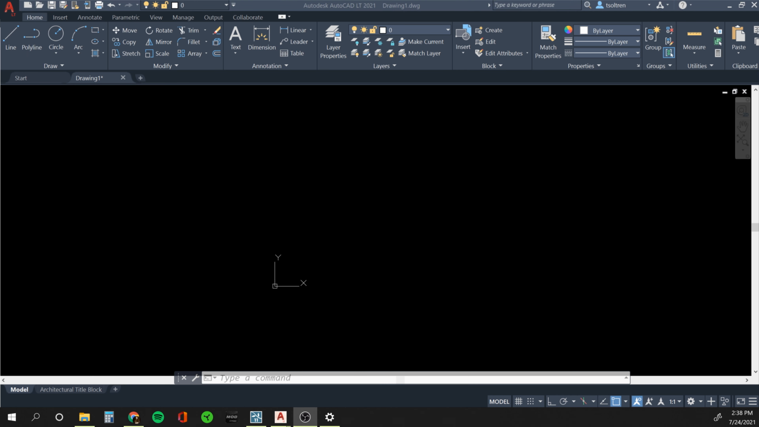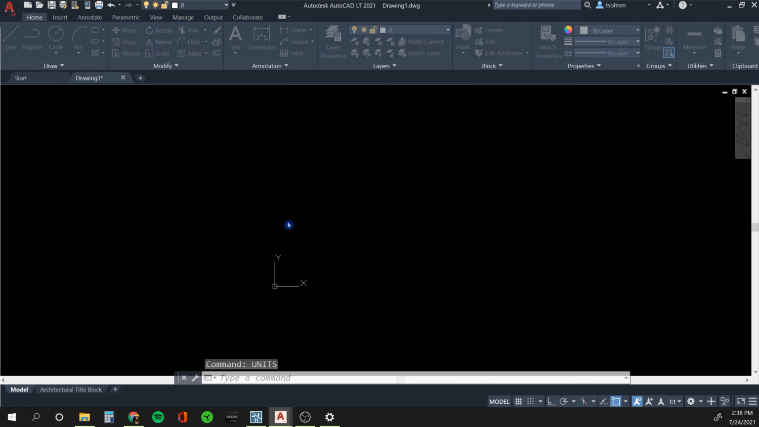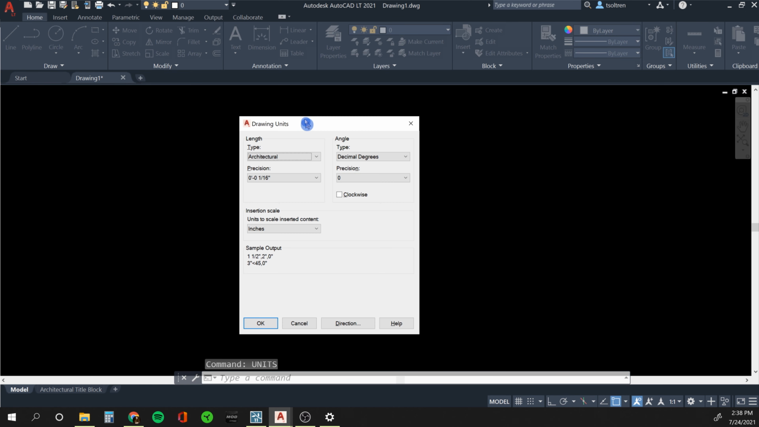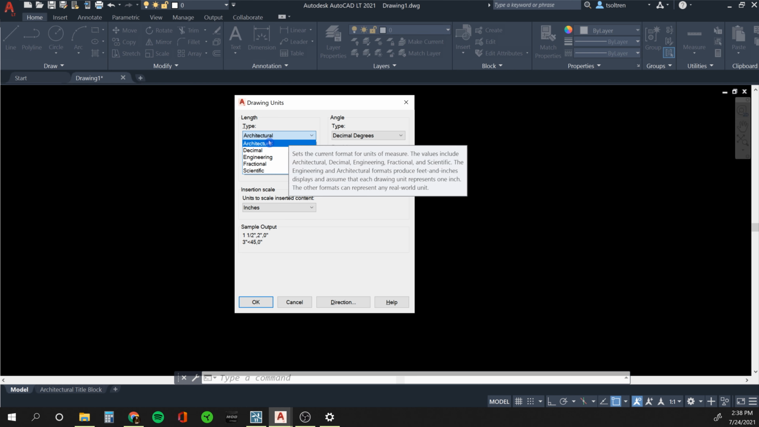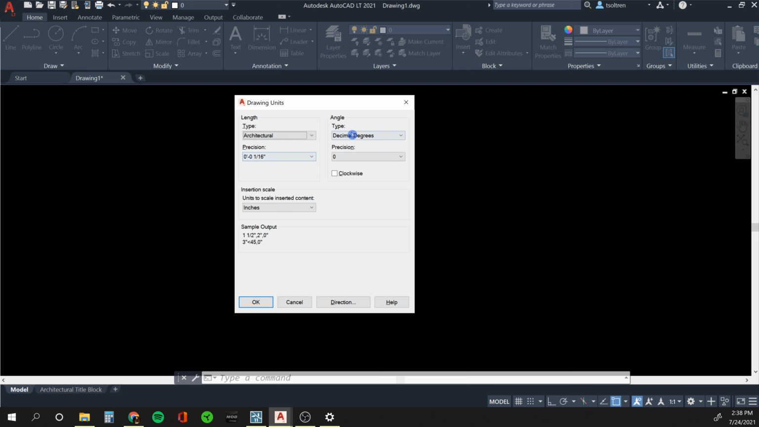Now before we start drawing something, let's go ahead and set the units for our drawing. So to do that, I'm going to type units, enter, and this window pops up. So I'm going to make sure that I'm in the architectural type units, and everything else I'm going to leave the same, decimal degrees, precision 0. Here I can adjust the precision that I want to be drawing in, and 1/16 is fine, and everything else,